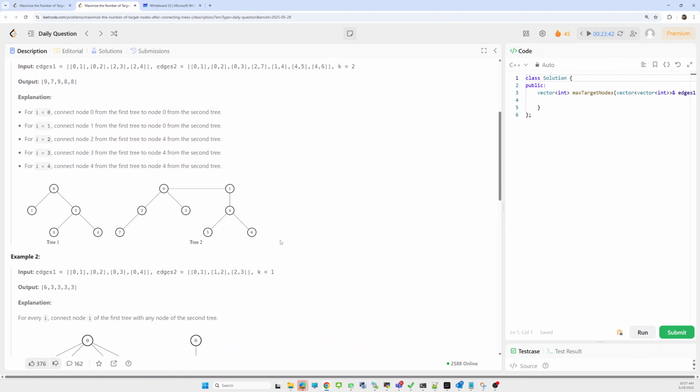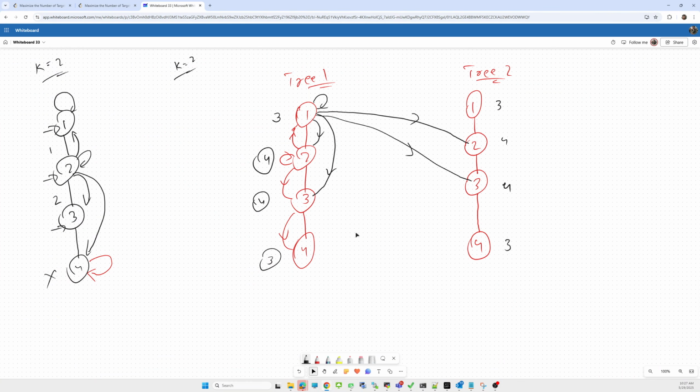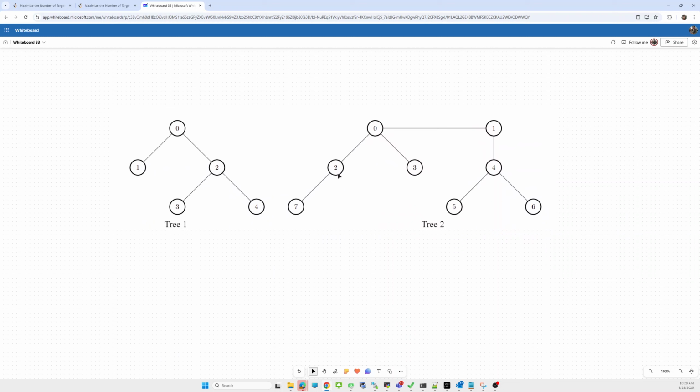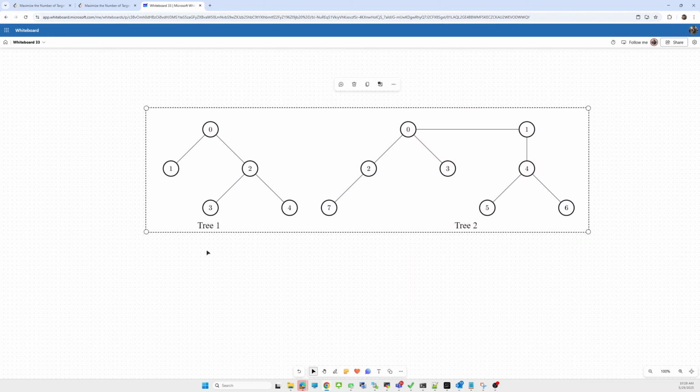Okay, let's take this example. If we take this example and paste it here, I pasted it there. So tree 1 is there and tree 2 is there.